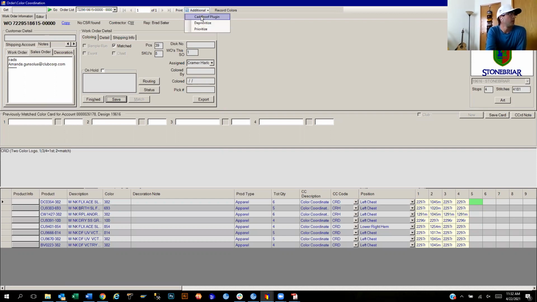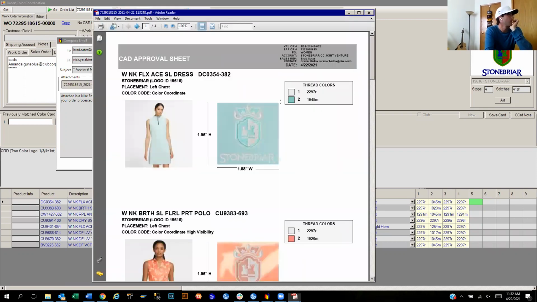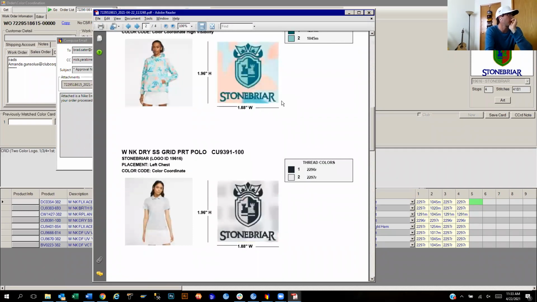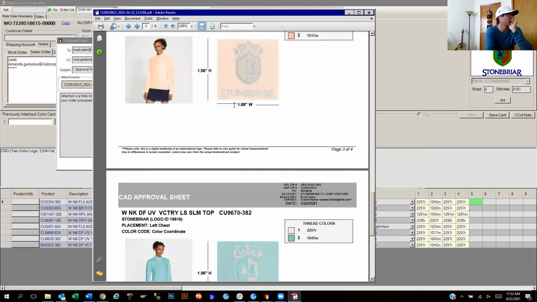So that one, as you can see, it didn't populate the first time. Sometimes that'll just happen with M-Track. It'll glitch out a little bit, but this time it appears to have generated the CAD. I'm going to right click on that attachment and hit view. And I'm just going to scroll down through these styles and make sure that these